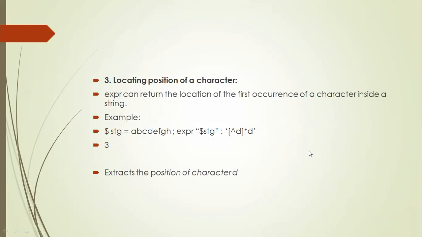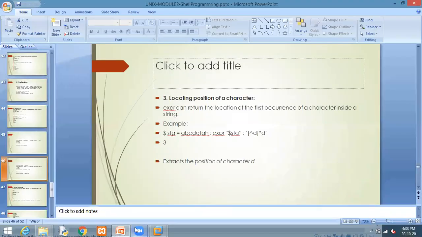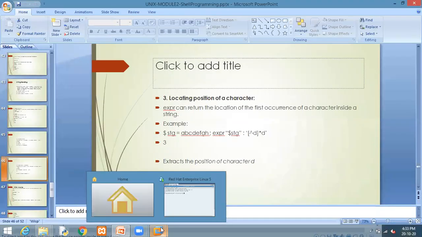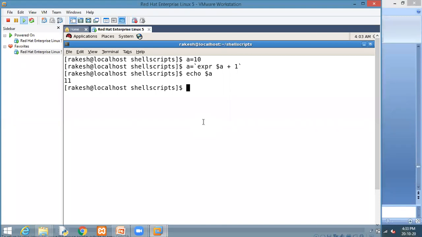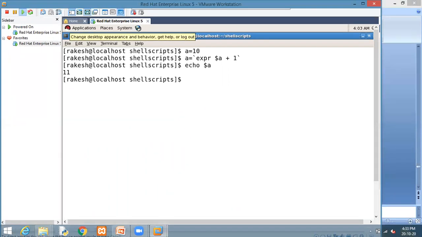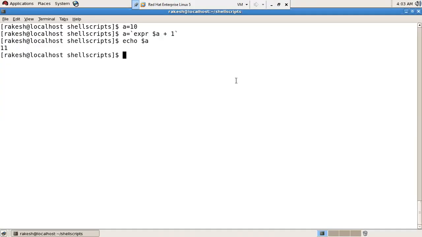We'll discuss this one by one. First, the length of the string with EXPR. The string must be placed within double quotes: A, B, C, D, E, F, G, H, whatever.